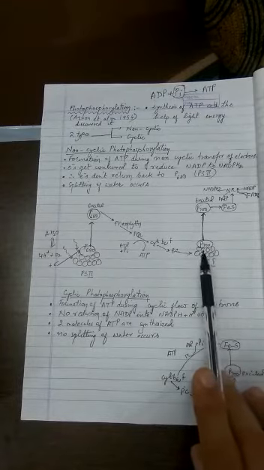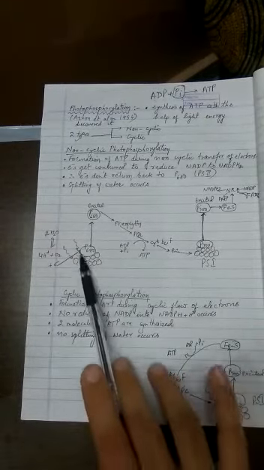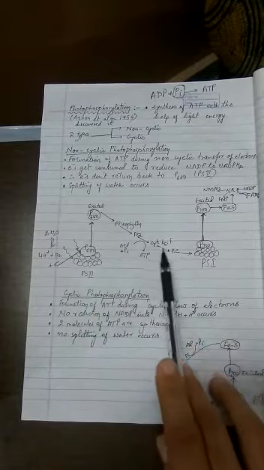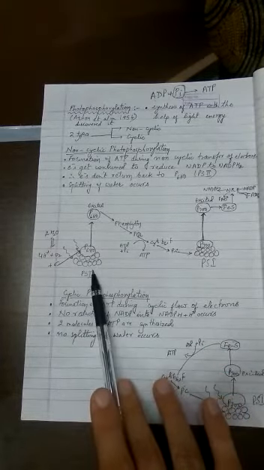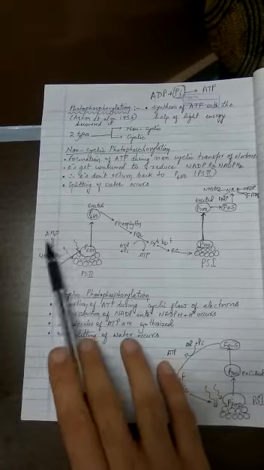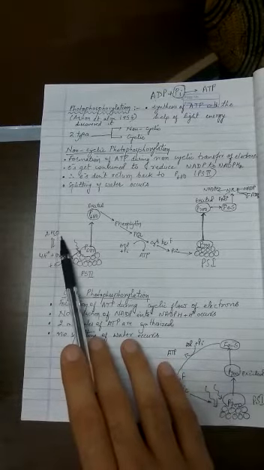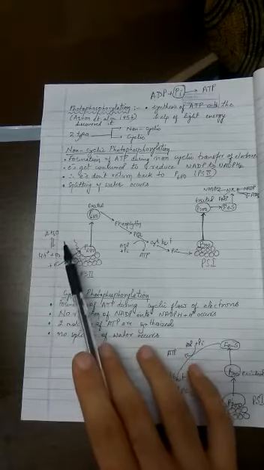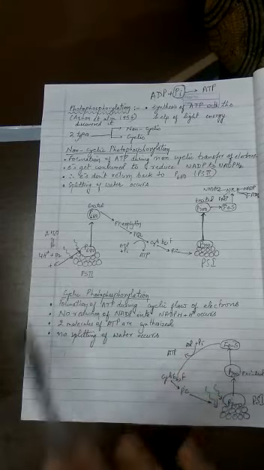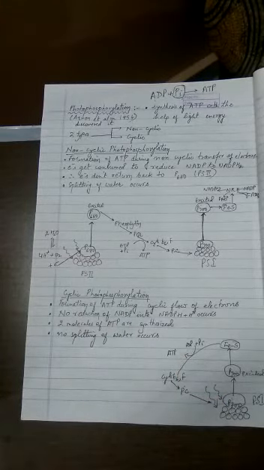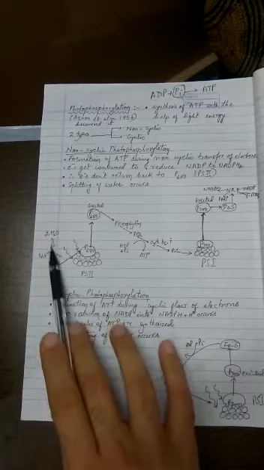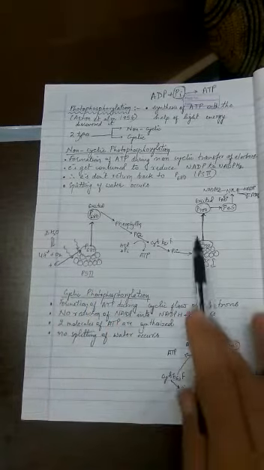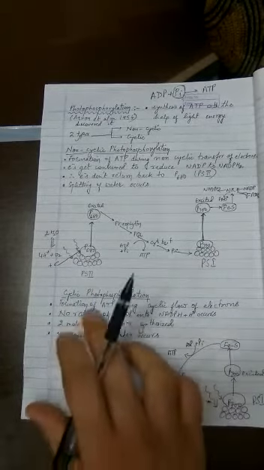But in the case of the non-cyclic, electron lost from here has gone to NADP, and the loss of electrons of photosystem first is made up by the electrons which are coming from the photosystem second, and the loss of photosystem second is covered up by the photolysis of water. So the water is the external source of electrons, which has to be continuously present there. Then only non-cyclic photophosphorylation is made possible.